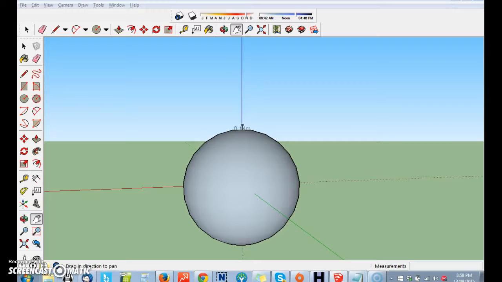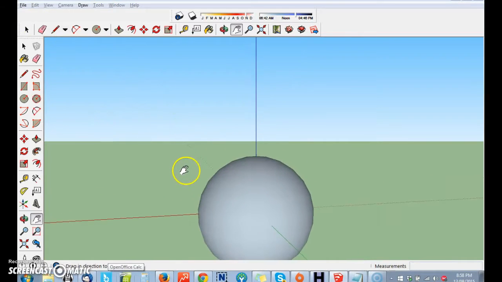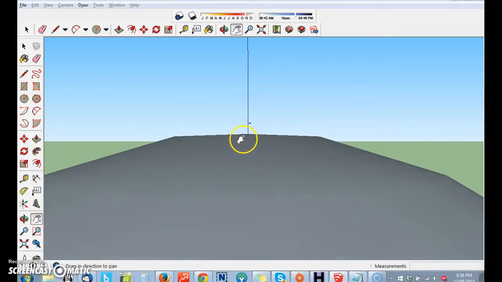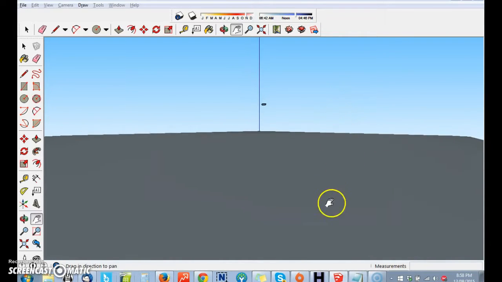So, to really grasp the idea, I went over the internet and looked for a little 3D modeling to do some little tests, a little perception test to see how that plays out in a 3D environment. As you can see here, I have a sphere, a big ball, which could represent the Earth. And if you really zoom in, I really tried to make it as big as possible.